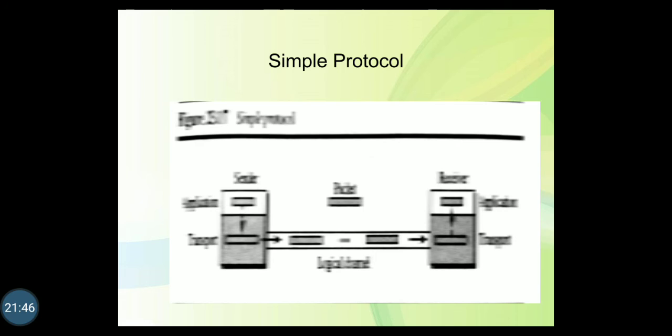The transport layer at the sender gets a message from its application layer, makes a packet out of it, and sends the packet. The transport layer at the receiver receives a packet from the network layer, extracts the message from the packet and delivers it to the application layer. The transport layer of the sender and receiver provide flow control, error control and congestion control in a connection-oriented protocol.